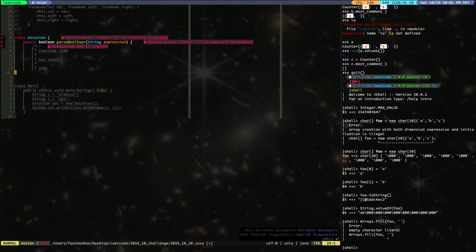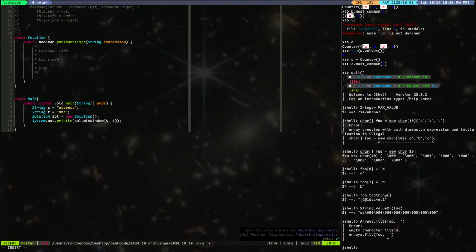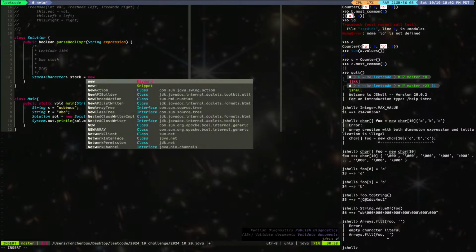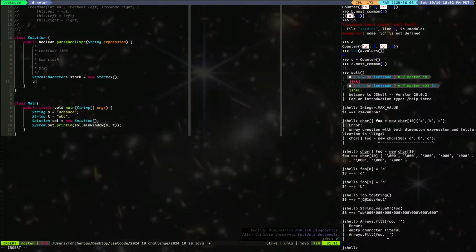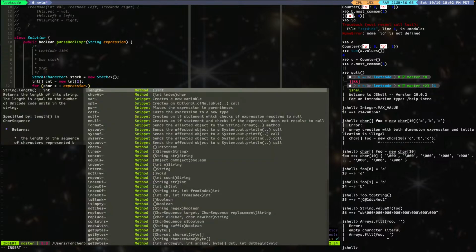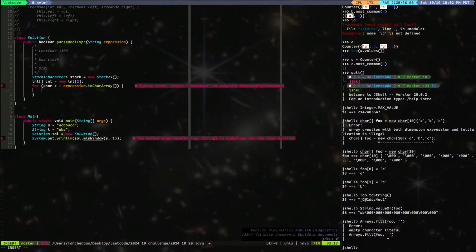Okay. So what we're gonna do is stack, character stack new stack. Okay. And then int count T, count F. Okay, and then for char c of expression dot toCharArray, okay,